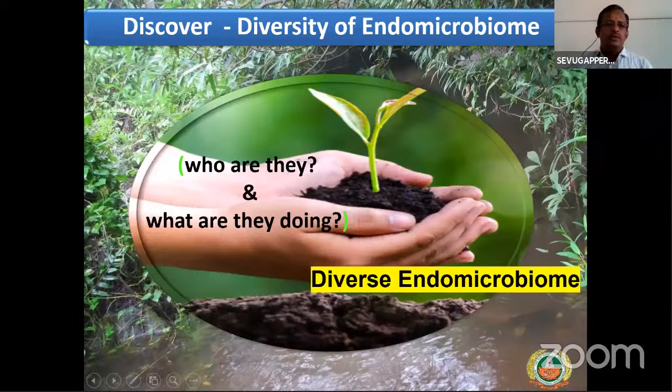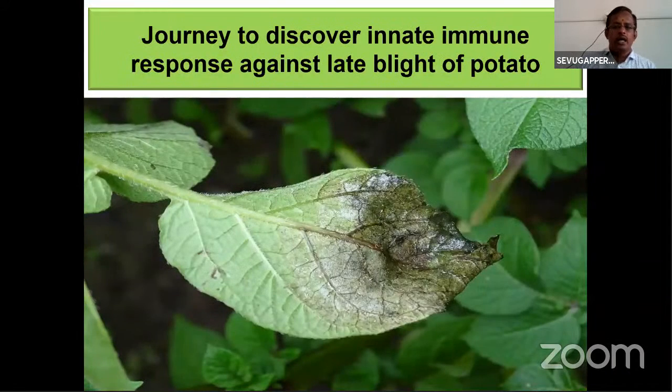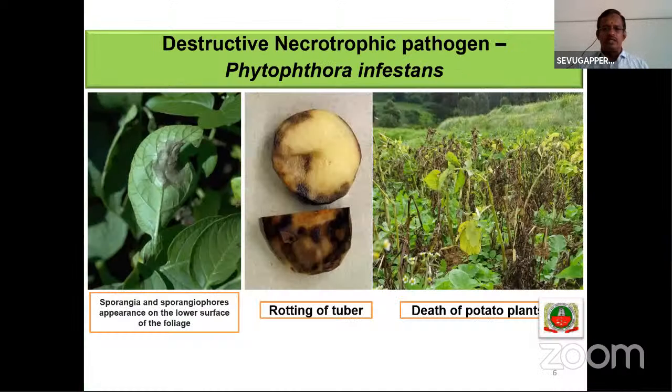Okay, so how do we discover? What are the endomicrobiome members found to be available, and where are they located? Our journey started right from late blight of potato, which started from Sikkim and went to the Nilgiris. The pathogen, a necrotrophic pathogen, Phytophthora infestans, was responsible for causing this late blight of potato,